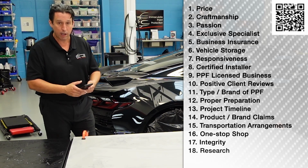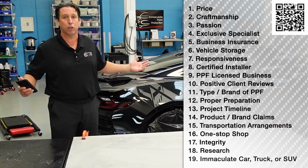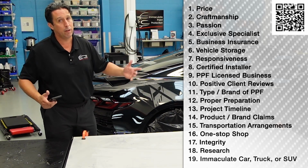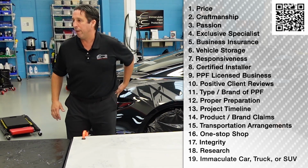is worthwhile. And then, this is kind of cheesy here, but number 19, will your car look immaculate? Well, if you want your car, truck, or SUV to look immaculate, number 19, you got to come to Immaculate Paint Protection. So those are some of the things to think about